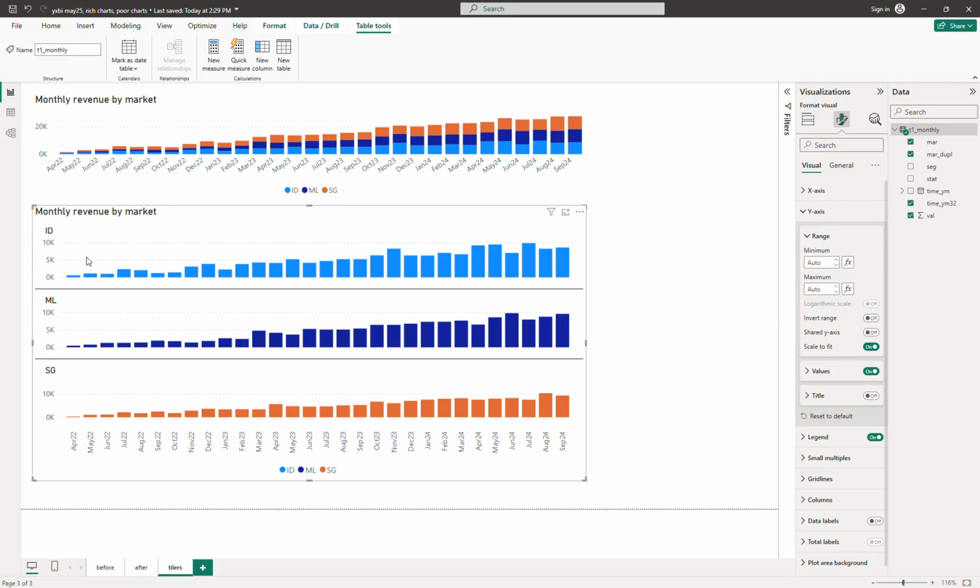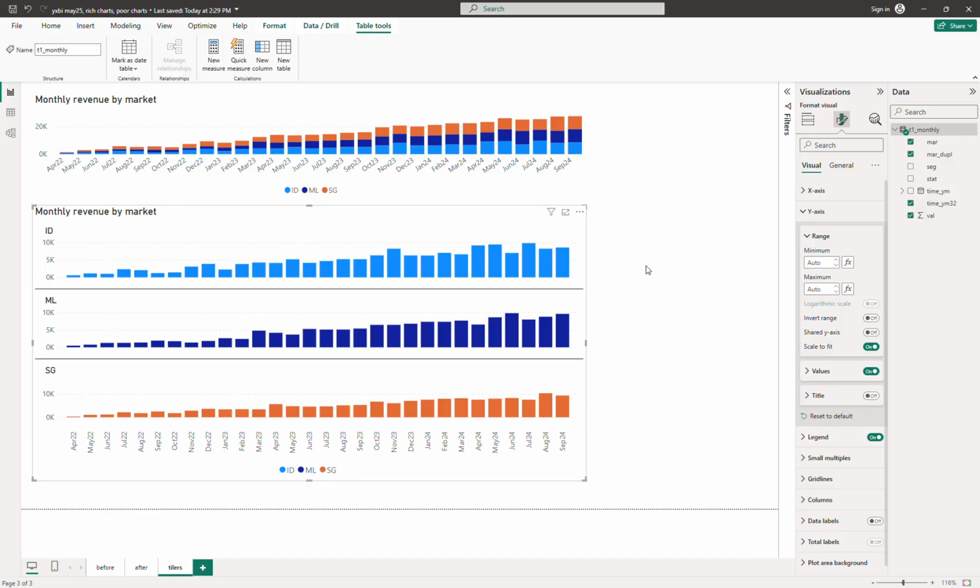For Malaysia and Indonesia, because the number is a little bit smaller than the rest, before I scale to fit it used a global scale, so everybody was scaled up to Singapore. But if you check this one, everybody will be independent, and therefore the local charts of Indonesia and Malaysia will be revealed for you